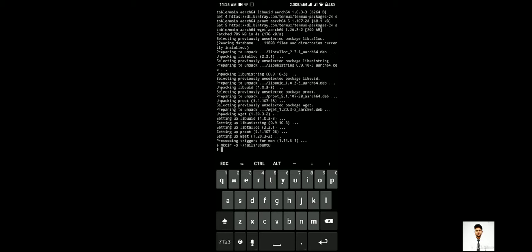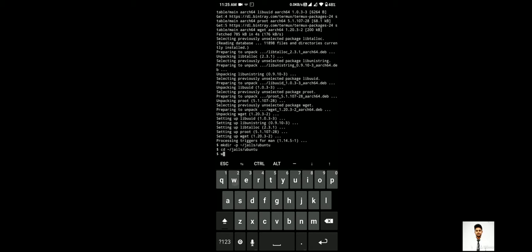It is created. Now do cd. We'll move into the directory, cd jails ubuntu. Okay, now we are in the ubuntu folder.